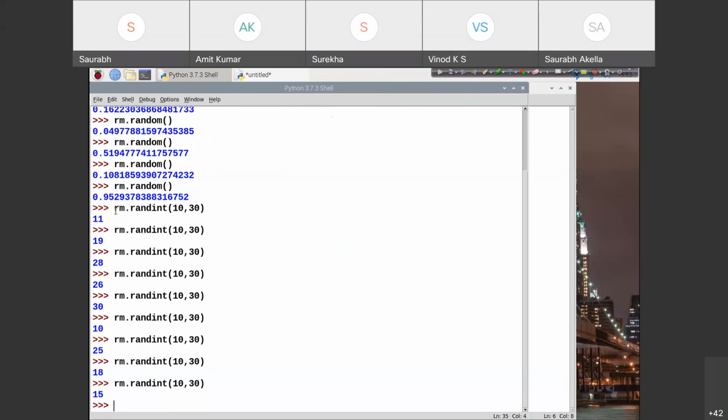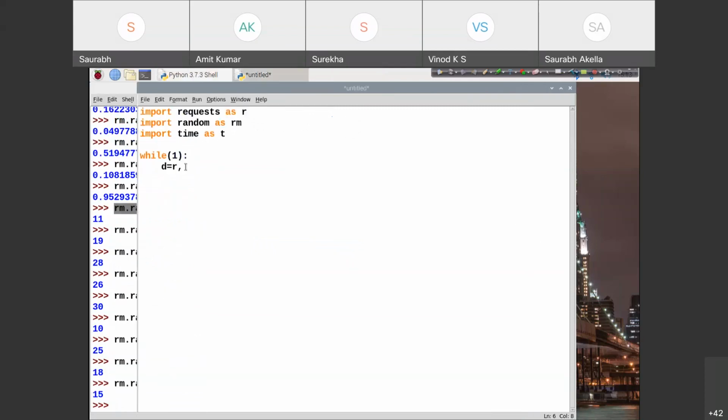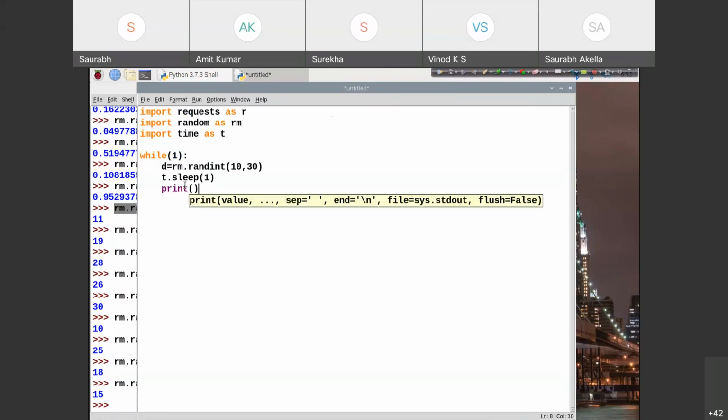We need this command basically. Let me copy this and paste it here. This while loop will be running continuously. Let me run it after a certain period of time. After 1 second, this loop will run and a random number will be generated. Whatever that number is, let me display that as well.